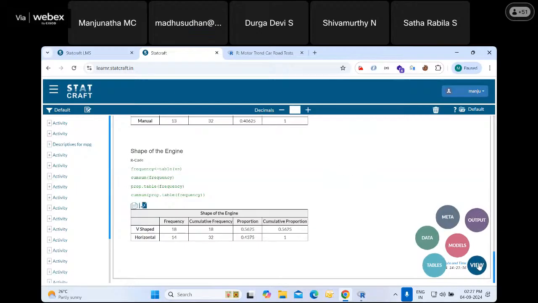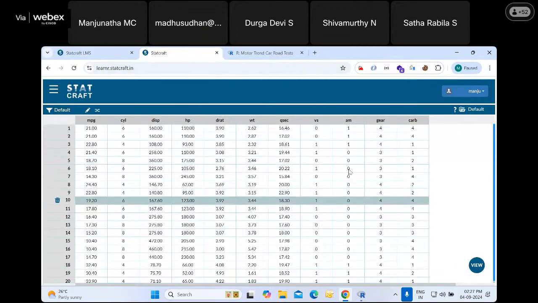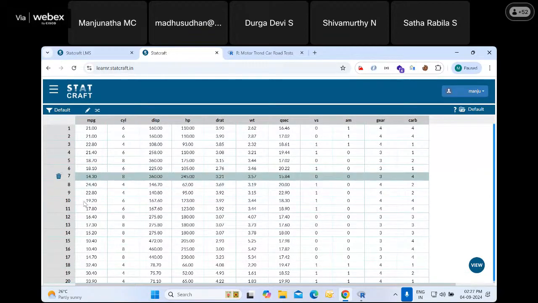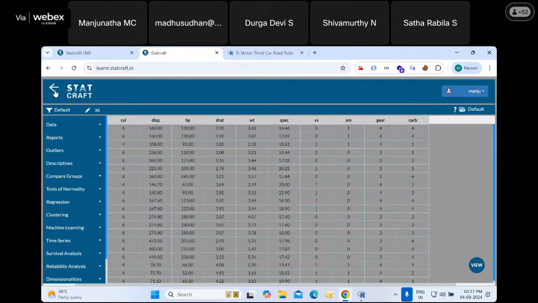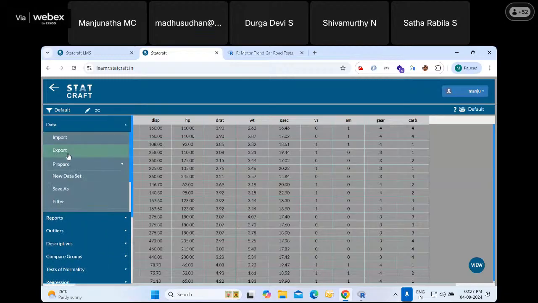Now come back to the data. Now what are the things that you can do over there? Basically, see these are the menu options, and we have a lot of statistical techniques over there. Now we have the data, where you can import the data and you can export the data. Now suppose I want this